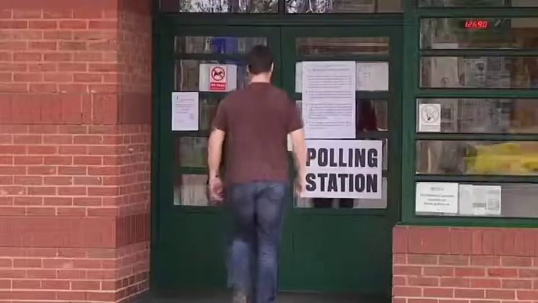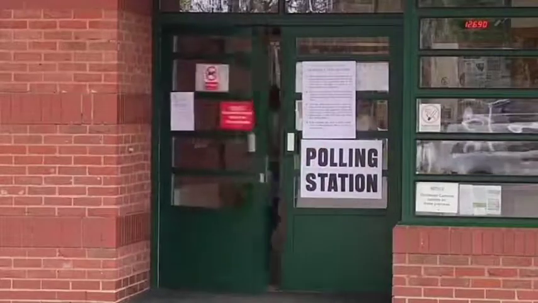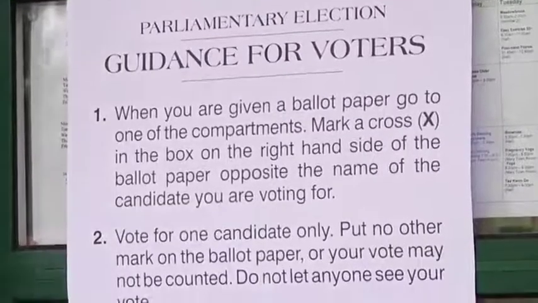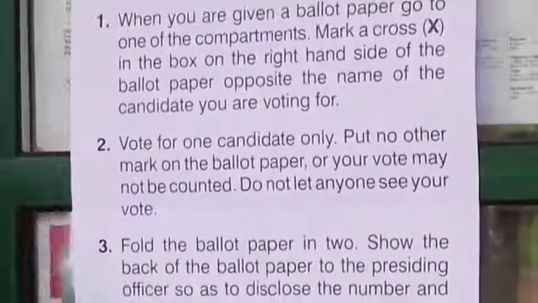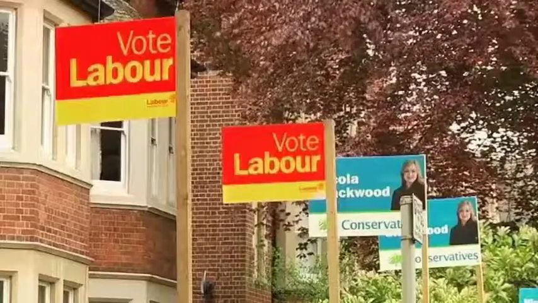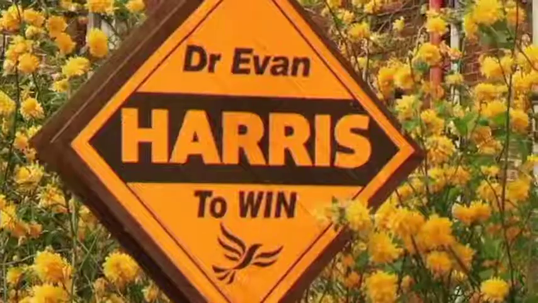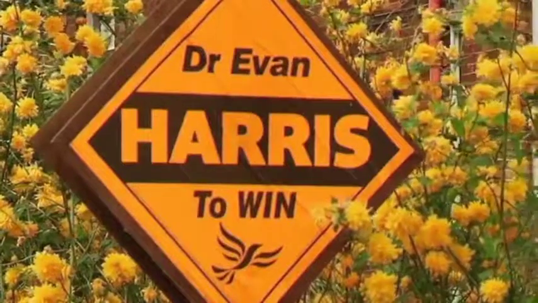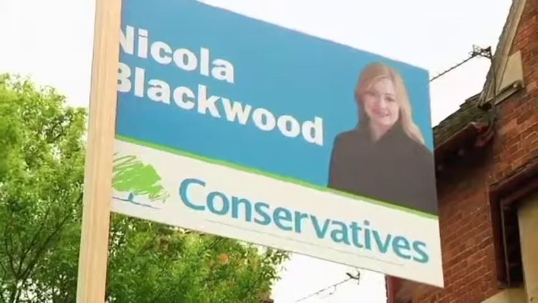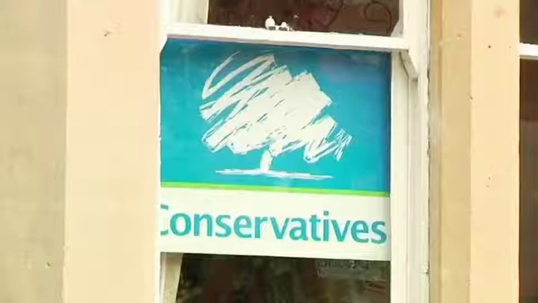In the United Kingdom, a government is elected at least once every 5 years. In a general election, citizens vote for a Member of Parliament for their local area. Members of Parliament are known as MPs, and the area an MP represents is called a constituency. The political party with the most elected MPs usually forms the government.